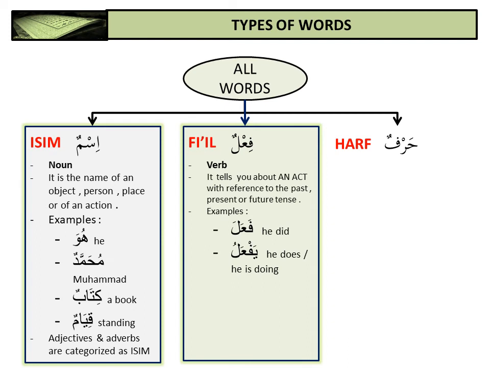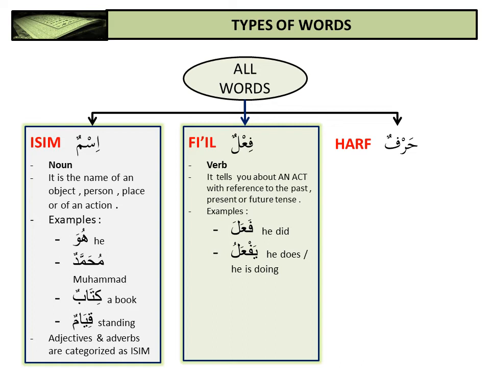Now, let's look at the second group of words, fi'il. Fi'il in English are verbs atau kata kerja dalam bahasa Melayu. Examples of English verbs, berlari, run, ran, has run, is running, makan, eat, ate, has eaten, is eating, etc. Just like in English, bahasa Arab pun ada past tense untuk suatu perbuatan yang telah berlaku dan ada present tense untuk perbuatan semasa. But unlike the English language, verbs in Arabic include the pronoun or the person who's doing the